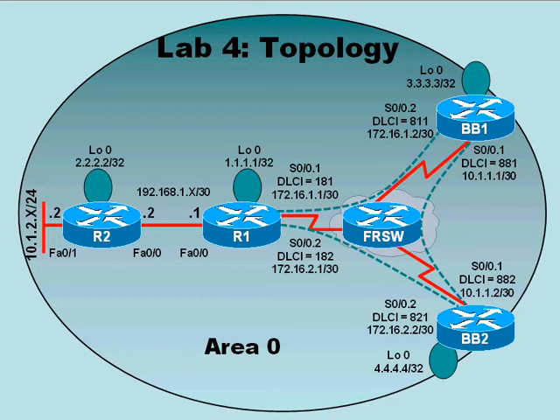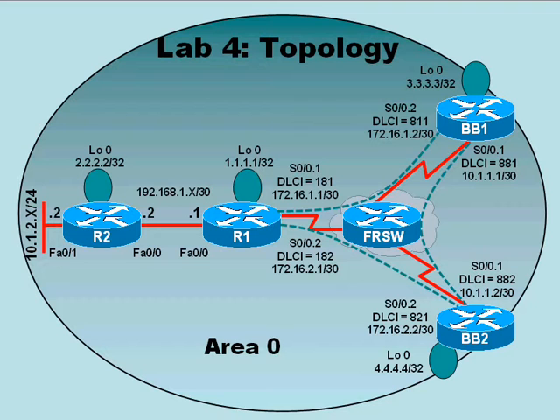In our topology, router R1 and R2 are interconnected via a fast Ethernet link, it looks like. So that means we're going to dynamically elect a designated router on that link. It's going to default to the router that has the highest router ID, and the router ID is going to be the IP address of the loopback interface. So router R2 seems to be a strong contender for the designated router,